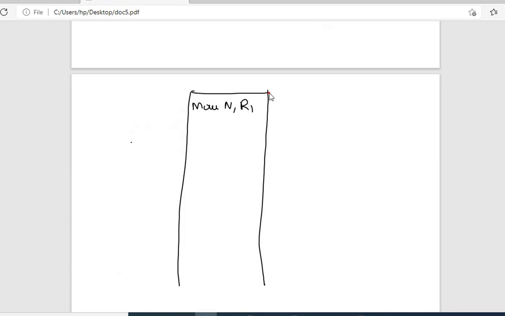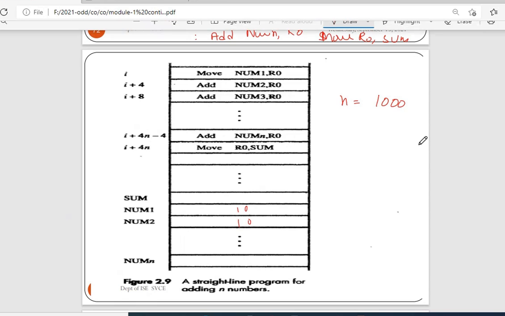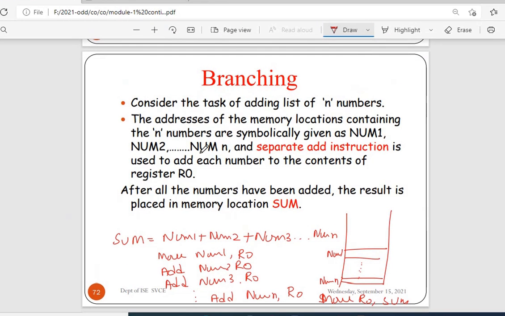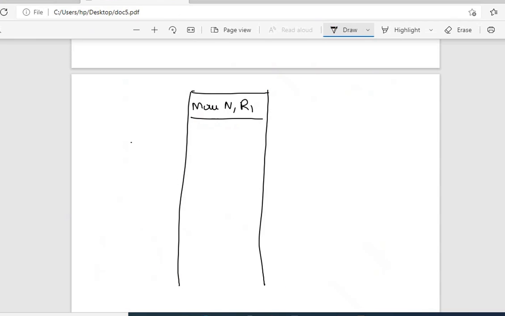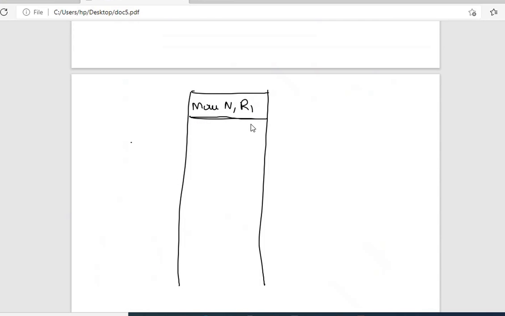Here n indicates the total number of elements you need to add. The task I am performing is the same: there is a list of numbers, I am adding them and storing the result into sum. Now I am writing another way where you can simplify. You can write a single add statement and keep that add statement in a loop.